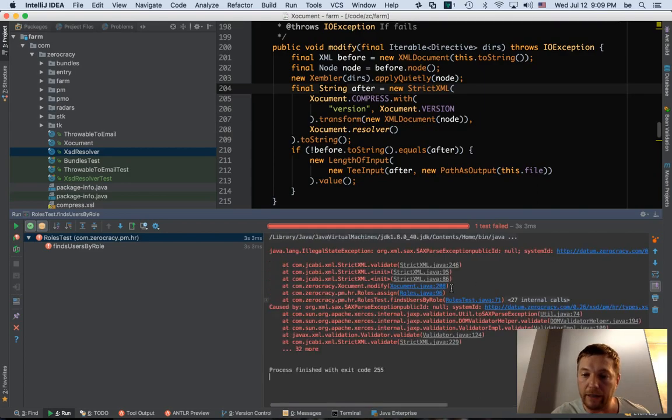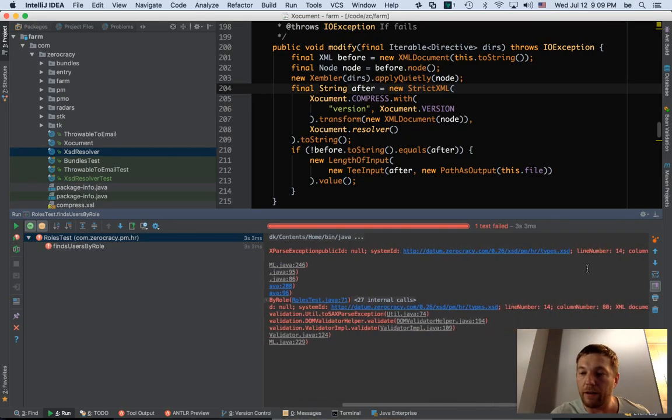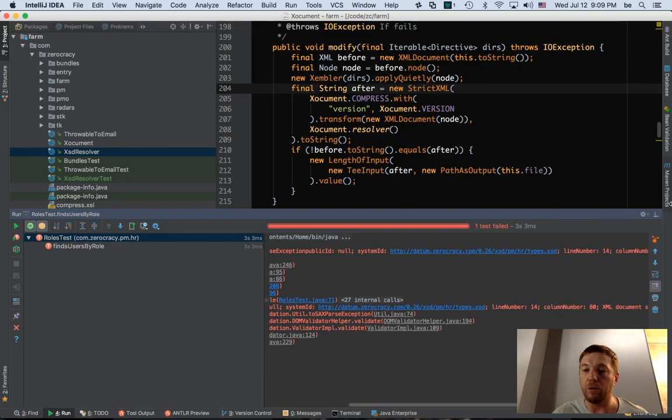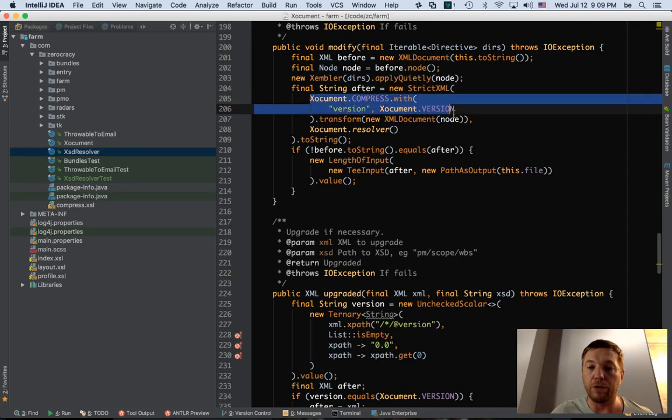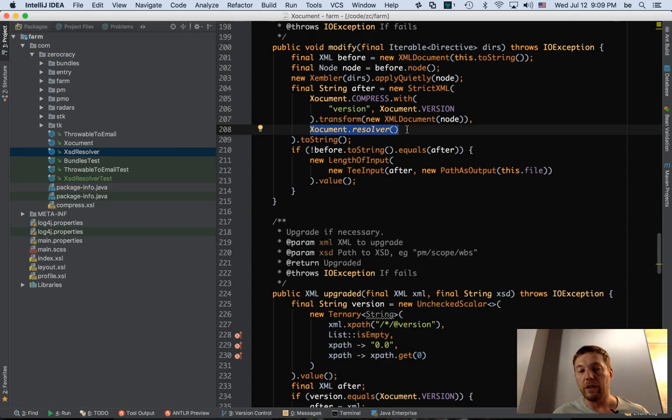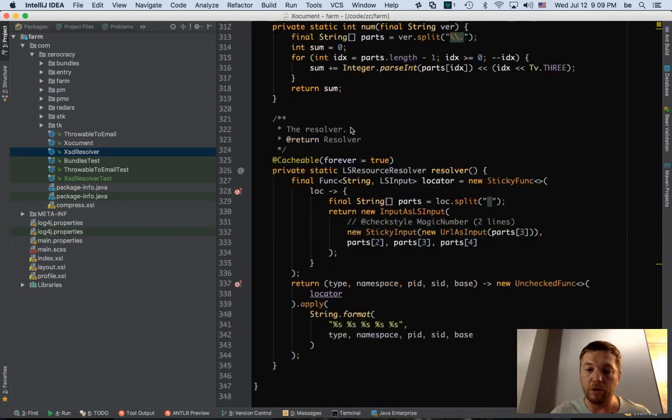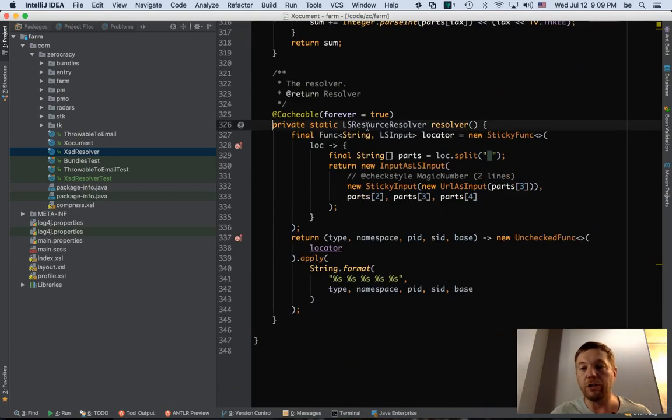So I look at it and I say, okay, it looks like this StrictXML is trying to load the file, this XSD, but for some reason it's no good. So we can debug, but instead of debugging, I will try to go the unit testing approach. What happens here? There are two components. The first one is the original XML document in this decorator. And the second one is the resolver. This class is the one, this one. It's a resolver. It's from Java.